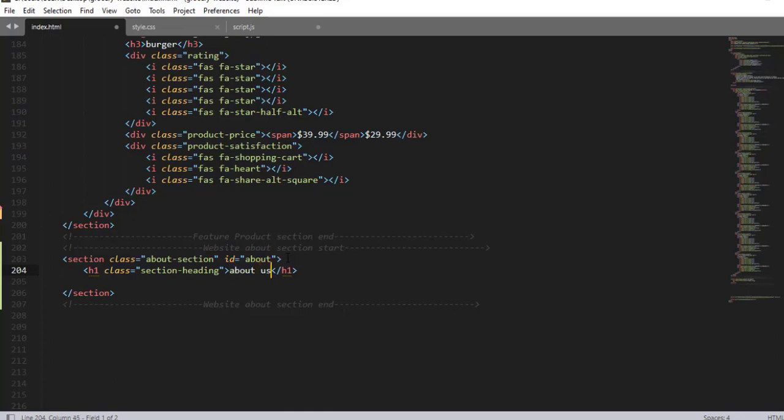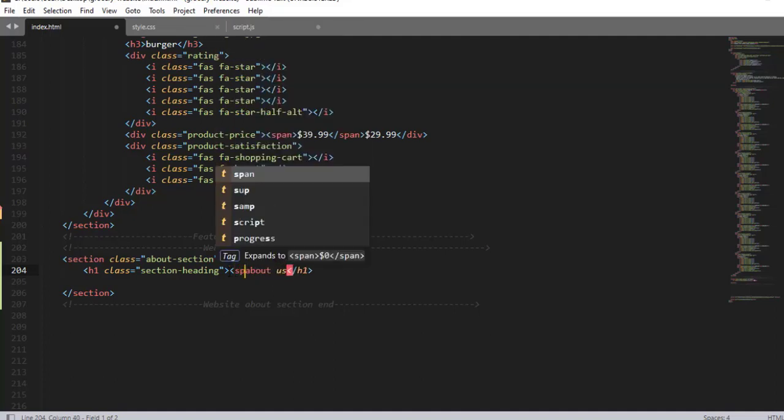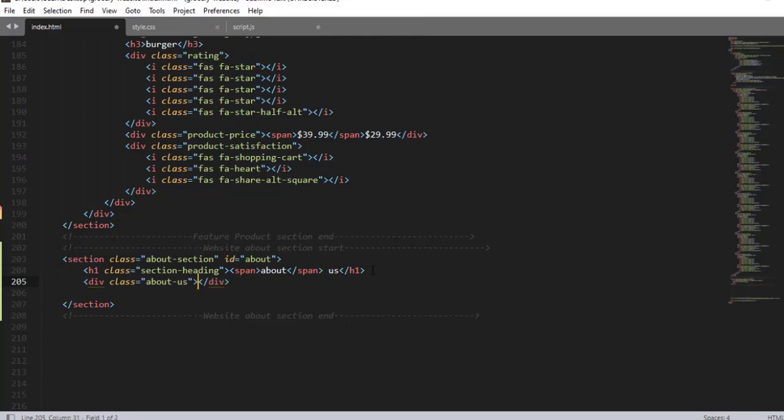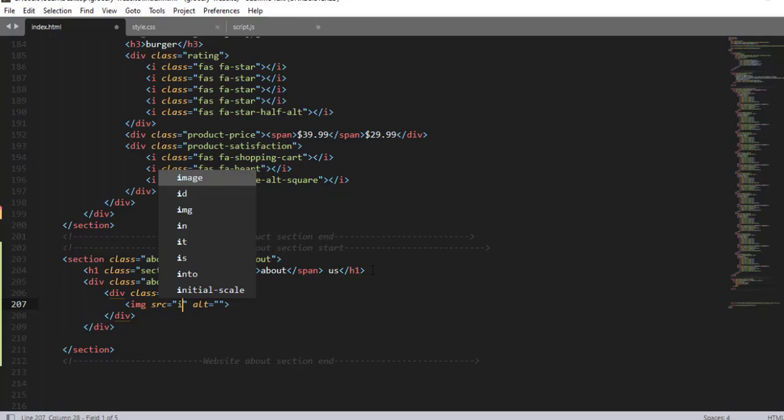Let's say about us and embed this about text in a span element. And then inside this section we have a div element having a class name about us. And then inside this div element we have another div having class name about image. Inside this we have an image source image